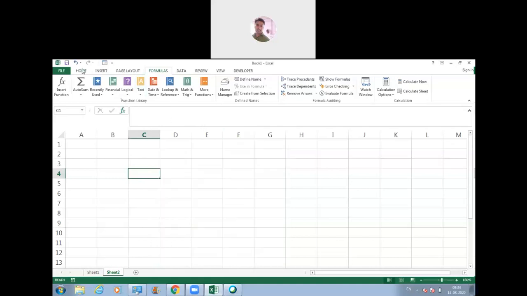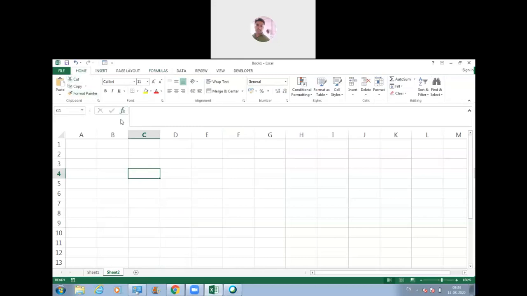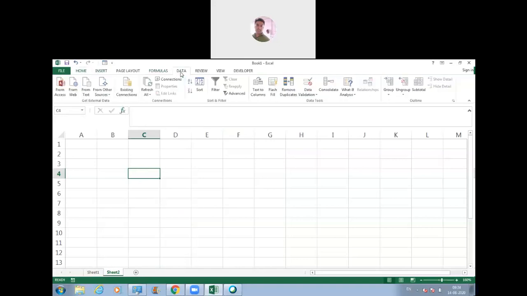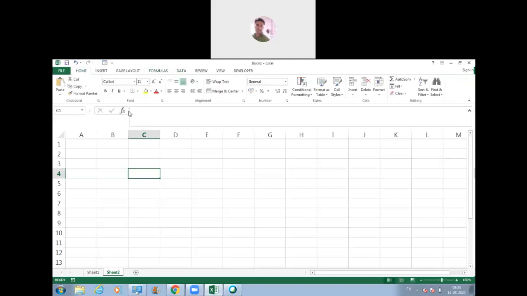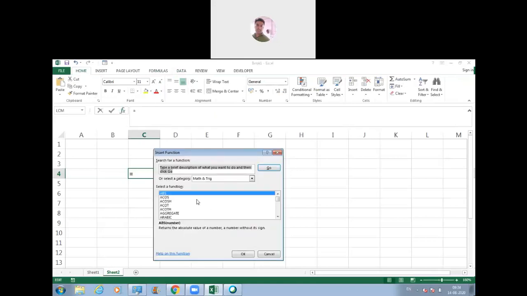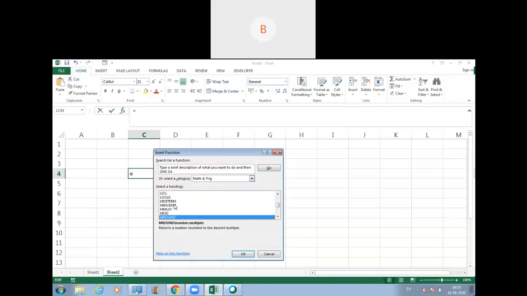Similarly, insert function behaves as a shortcut for accessing function library. We have got insert function on this home tab also. Are you able to see this insert function over here? So you don't have to actually come on the formulas tab for accessing the function library. You can access all the inbuilt functions of Excel just by a single click. You just have to click on this tab, and automatically a dialog box will appear. Now here in this category, you can select whatever category you want, and you will get to see all the functions related to that category here in this list. Hope you have understood this concept of function library and insert function. Is this clear to every one of you?